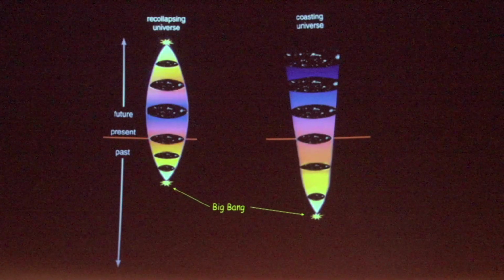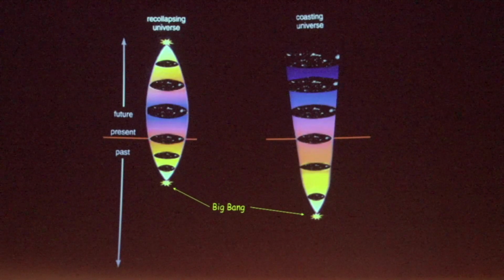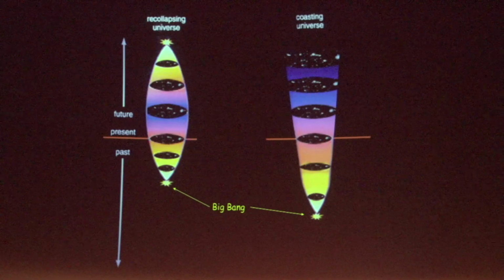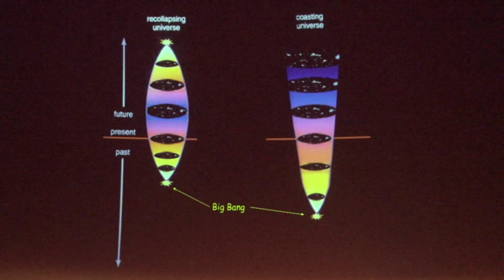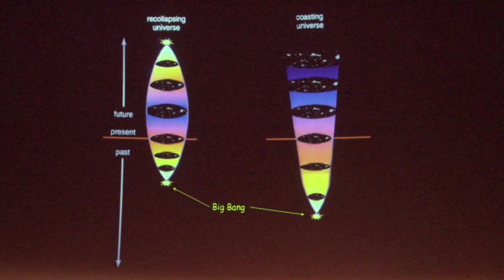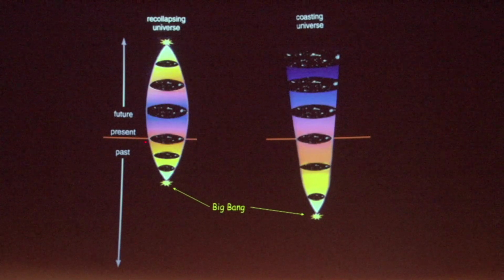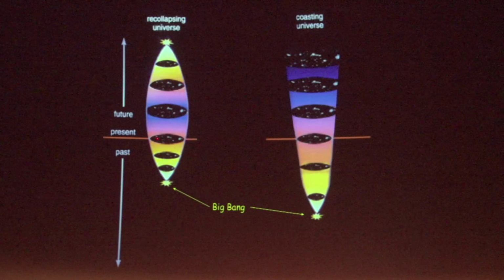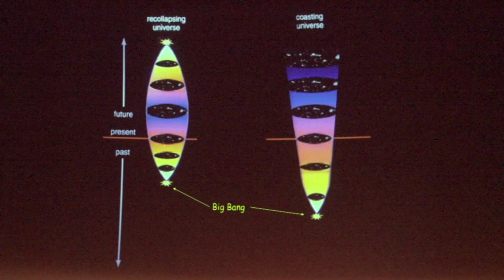So we want more detail. So let's consider now the evolution of the universe in cosmology and try to determine exactly what the future of the universe holds for us, given the fact that it is now expanding. So here's the present time, up at this point. We look out and we see galaxies. We project back into the past. There was a Big Bang. We know the universe is expanding.